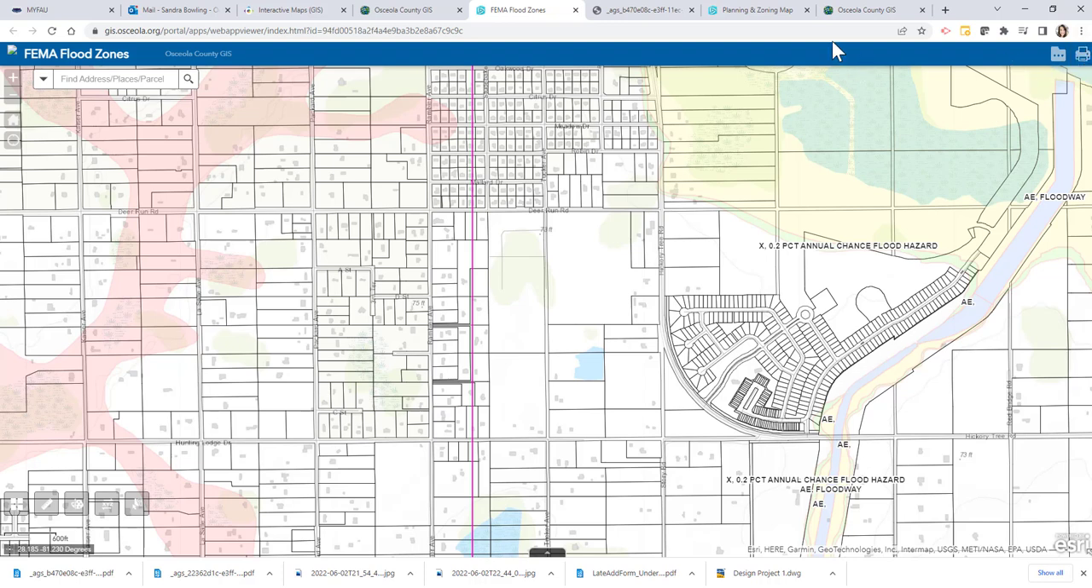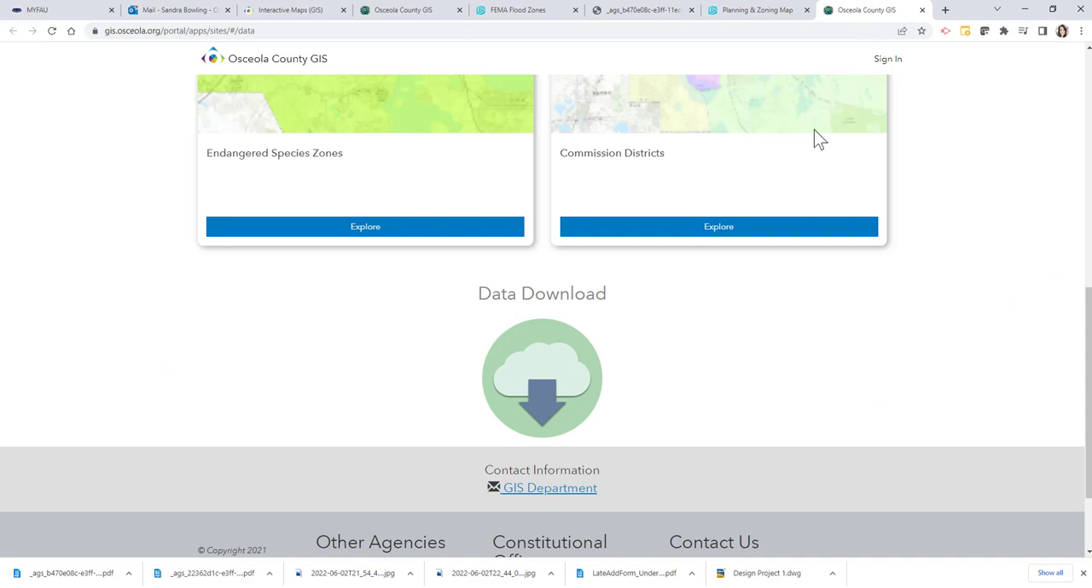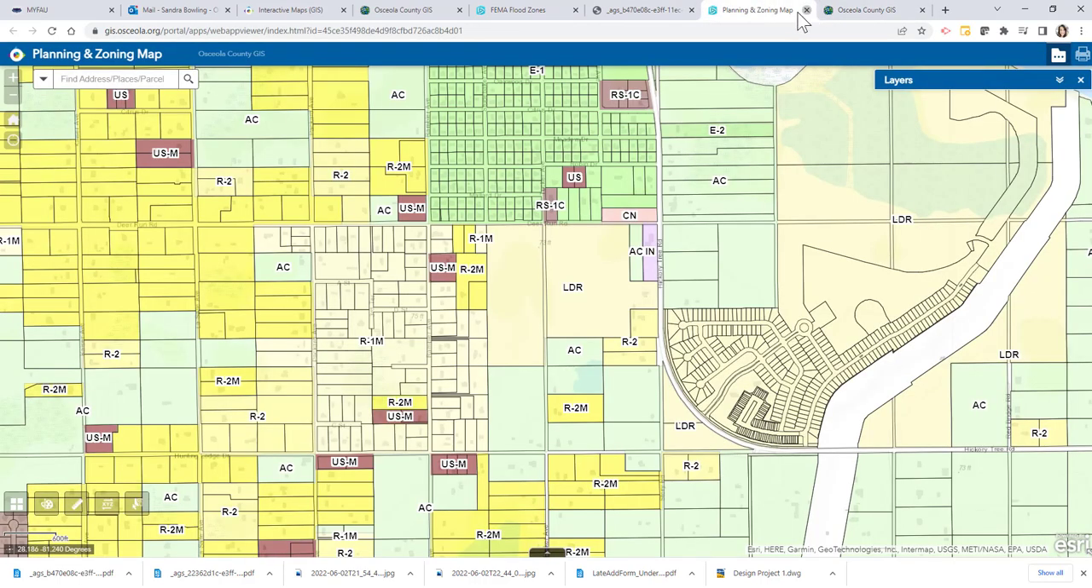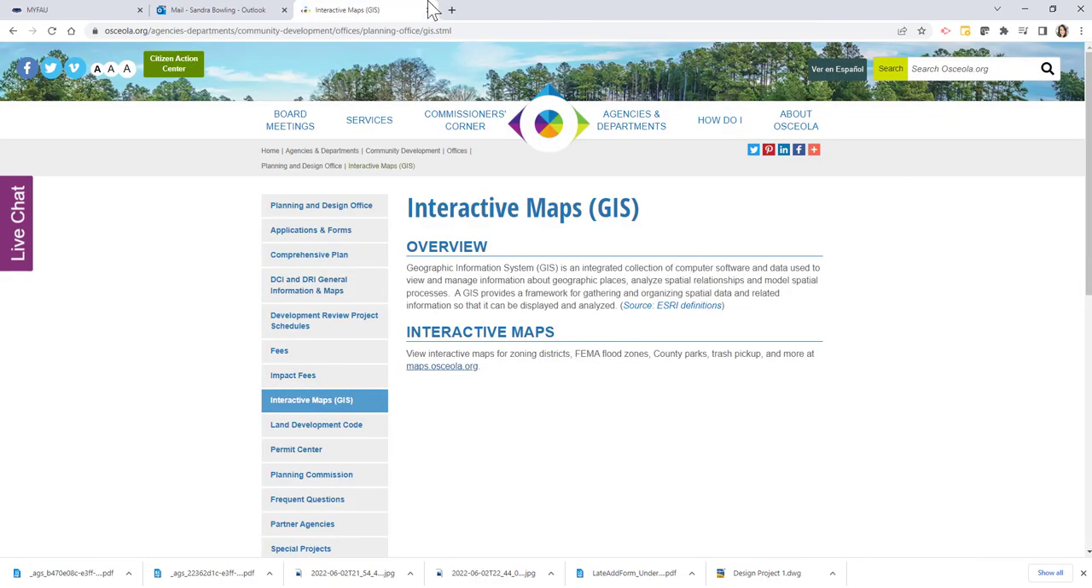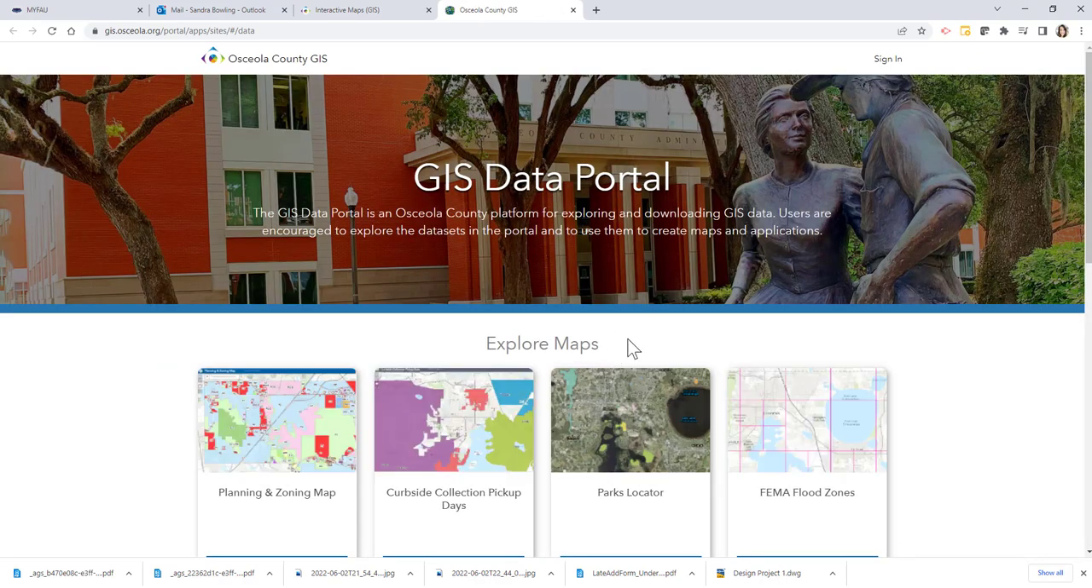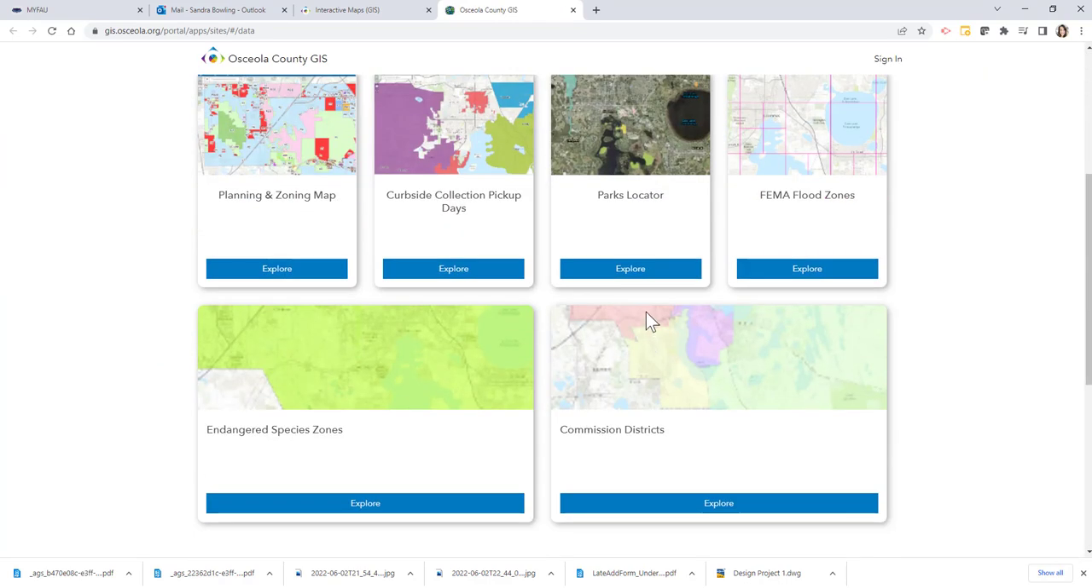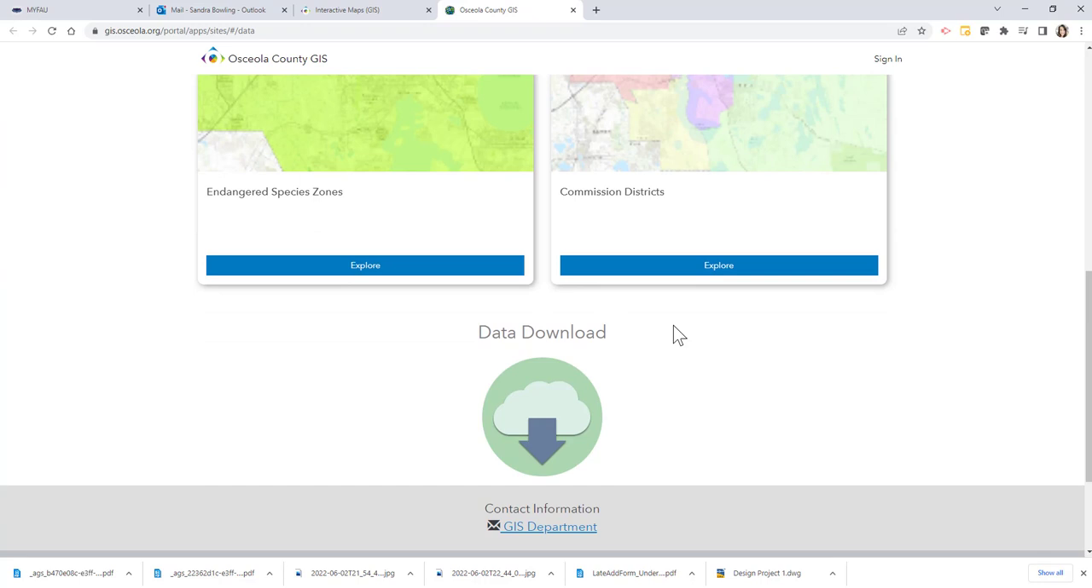So the last thing is the data that's available. So I'm going to close out of these. I got a lot of things open. So if I go back to my interactive maps and I click on that link, I do want to show you one other thing. They've made it a lot easier, so I apologize for the difference in the videos. So go to the data download,